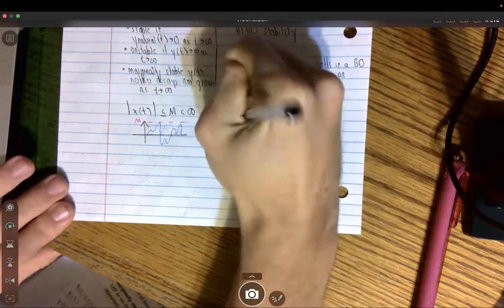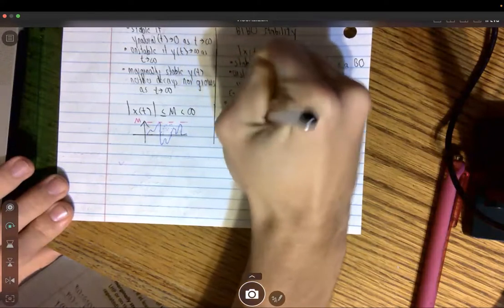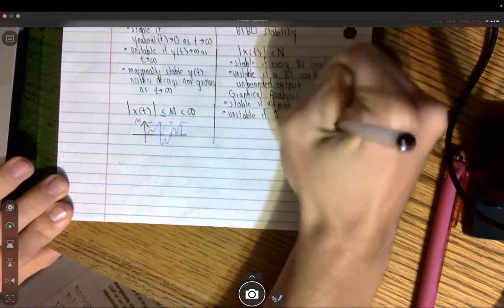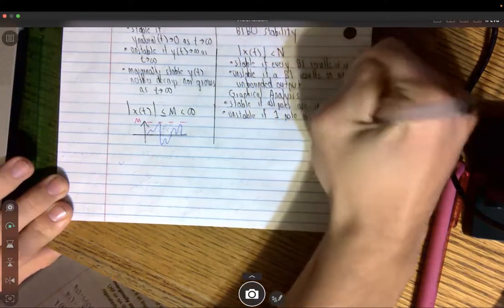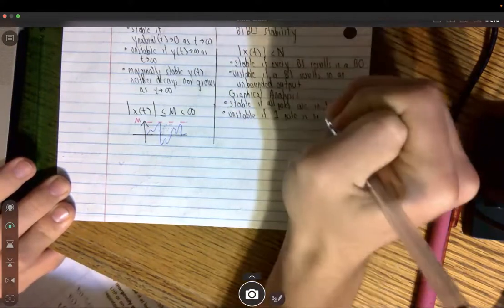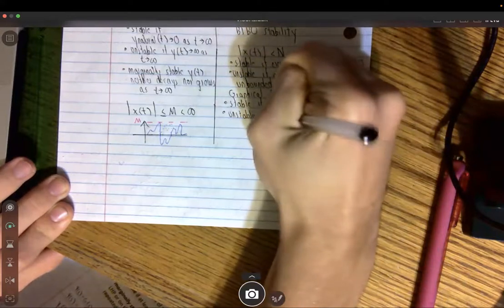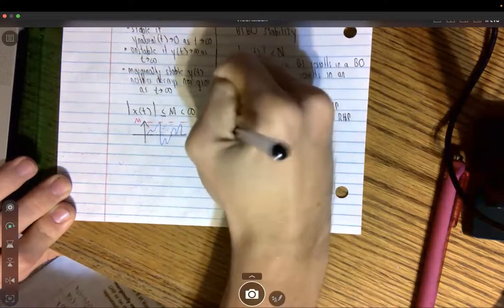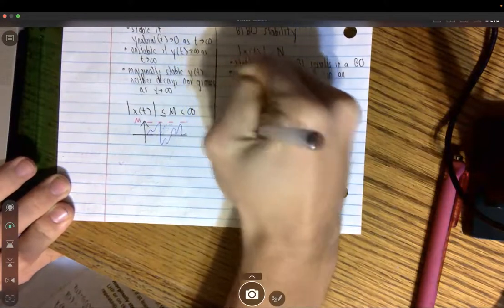But it's unstable if one pole is in the right-hand plane. If you have two or more, so one plus poles, so it can be one or more poles in the right-hand plane. And then it's marginally stable